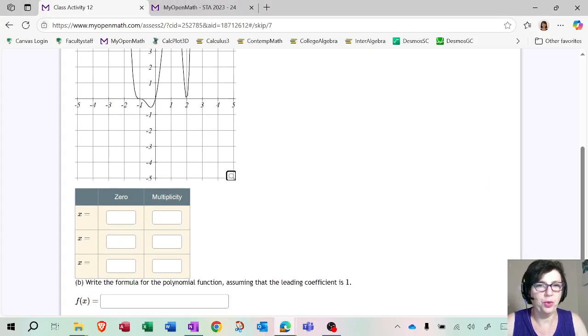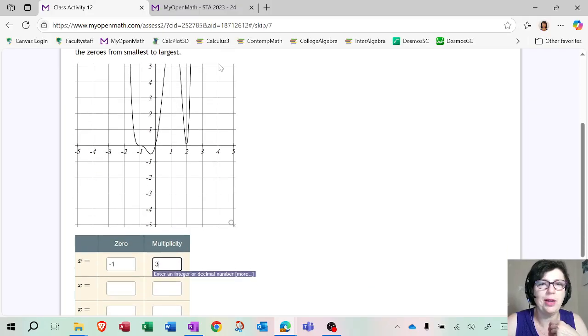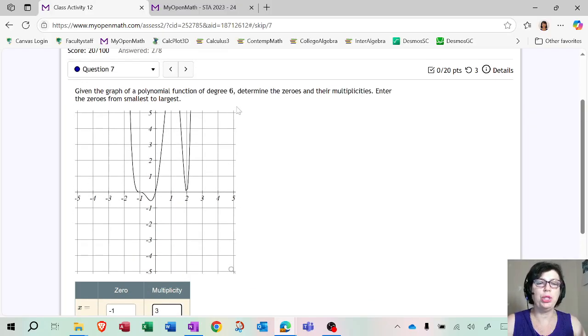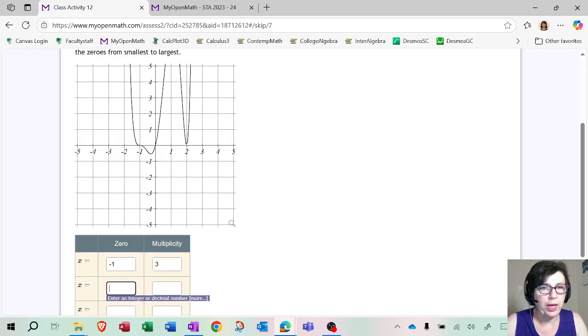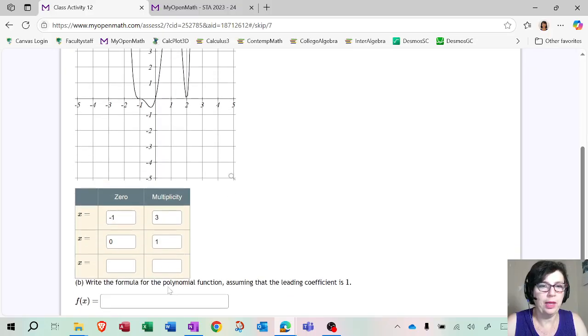Okay, so with all my drawings, let's see if we can summarize this. So at -1, I think it was 3. And again, I think you should go from smallest to largest. See how they tell you that the degree is 6, which tells you that the sum of all the multiplicities must be 6. Okay, and then we had a 0, and that was a line, so it's like 1. Okay, and then finally we had a 2, and the multiplicity of that was 2. Now, how do I know it's 2? So I know from the graph that it's going to bounce. So it's 2, 4, 6. But since the total multiplicity must be 6, that has to be a 2. It cannot be 4, right?